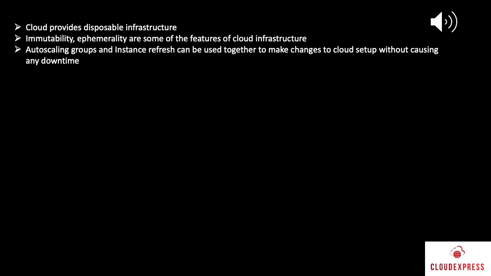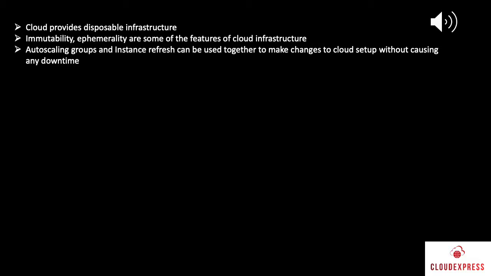Today we will talk about an AWS auto-scaling feature called Instance Refresh. A great advantage of the cloud is the availability of disposable infrastructure. Nowadays teams prefer to spin up a new instance whenever there is a change to application configuration or the underlying OS needs to be patched. AWS Auto Scaling Groups provide a way to deploy immutable infrastructure and help to maintain application availability through a rich feature set. Instance Refresh is one such feature which allows updates to a running application or infrastructure without causing